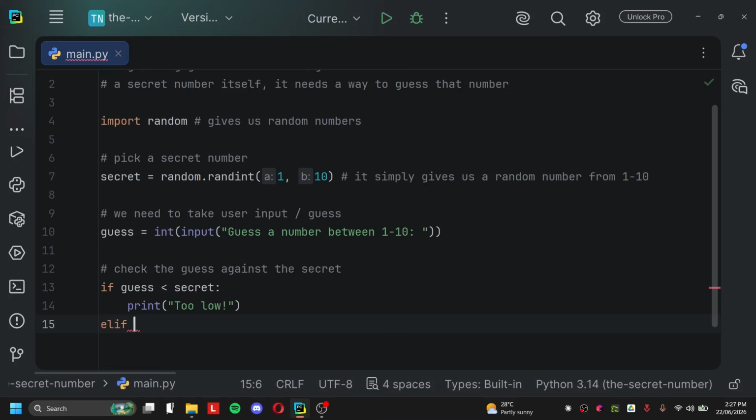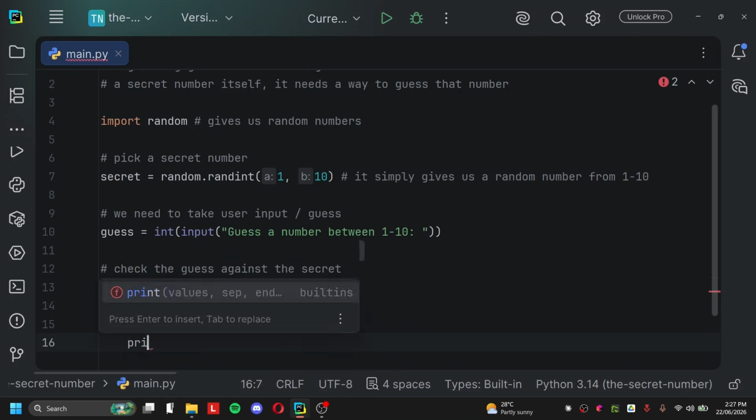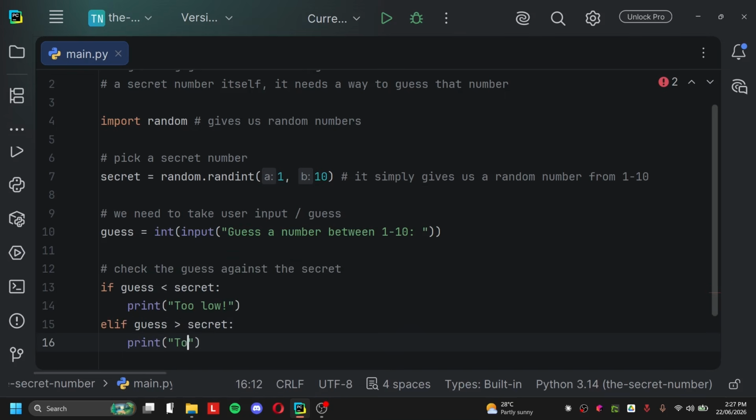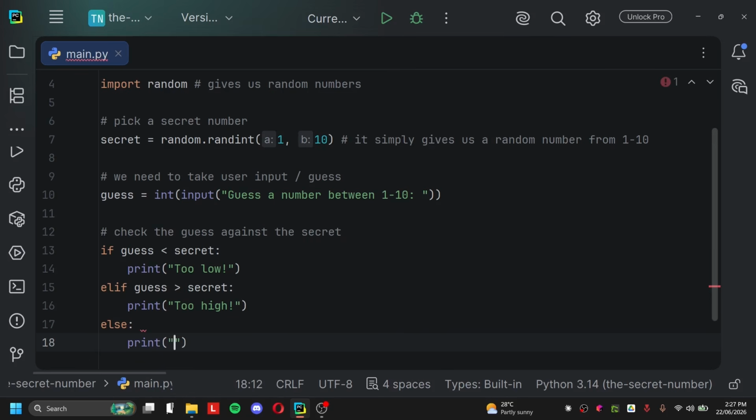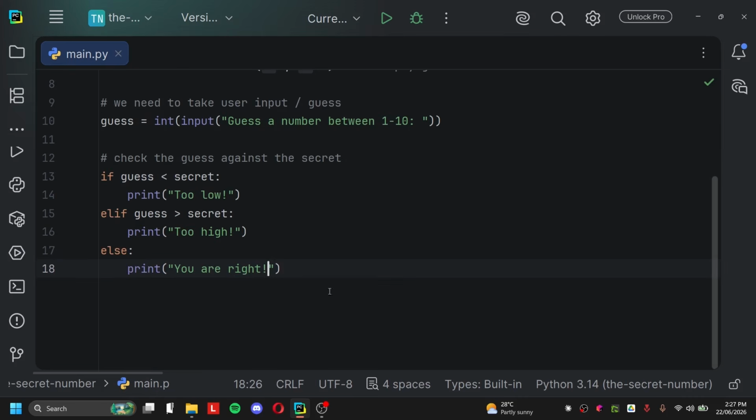Elif, we can do an elif statement. Your guess was larger than the secret. Then we can print too high, right? Else, we're going to print you got it. So you are right or something. Because if it's not smaller than secret and if it's not greater than secret, then it must be equal to